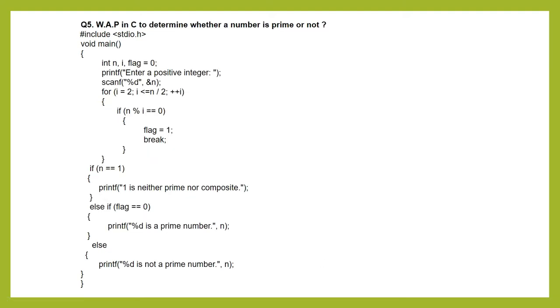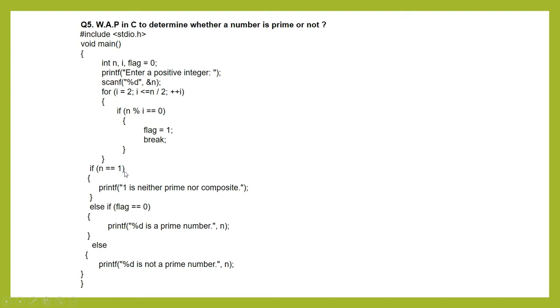Now in the next program, we have to accept a number and check whether the number is prime or not. Okay. So here you accept the number in n, then the loop starts from 2 while i is less than or equal to n by 2. That means whenever you accept a number, whether it is prime or not should be checked by this concept. It should find the remainder, then if the remainder is 0, the flag variable is 1, then break means you come out of this loop.